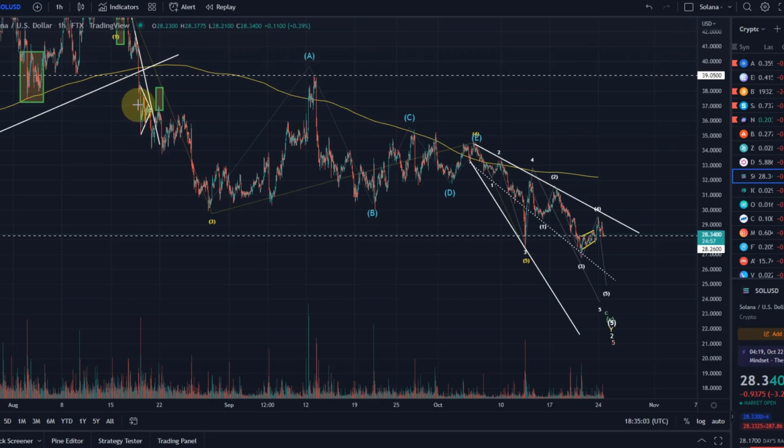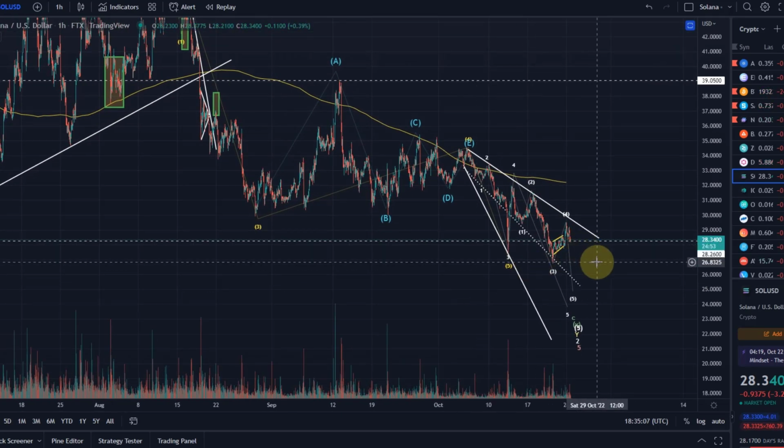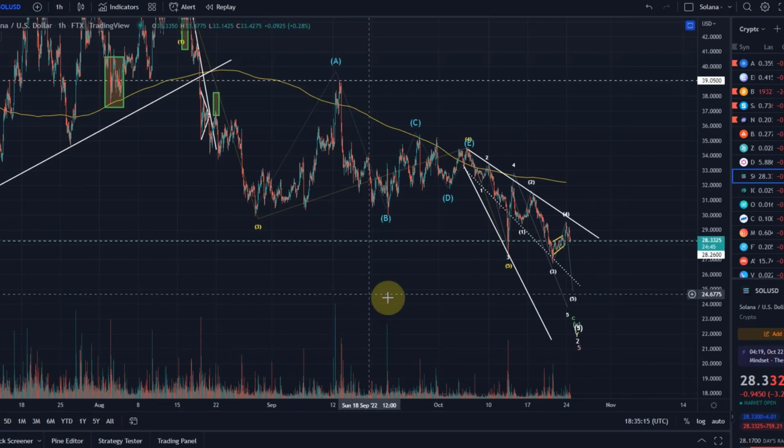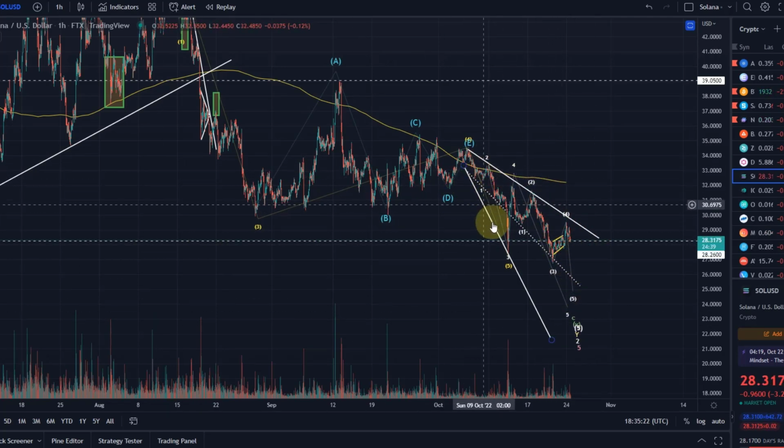But here again, Solana is one of the charts where, until I see a clear signal, I'm not going to do anything with it, because there are just a lot of charts that are still looking and digging for another low, and Solana is one of them. It's not guaranteed to work out, that additional low, but again, then we are still in this descending broadening